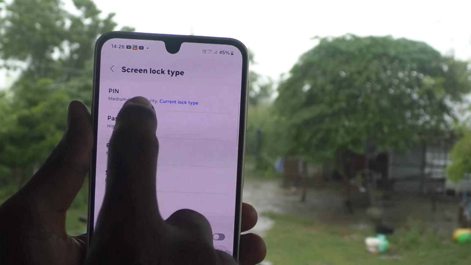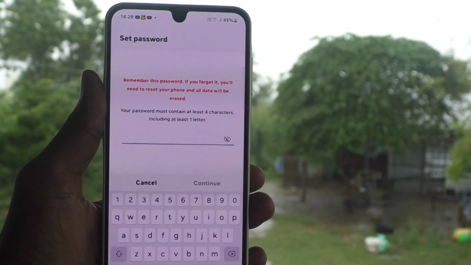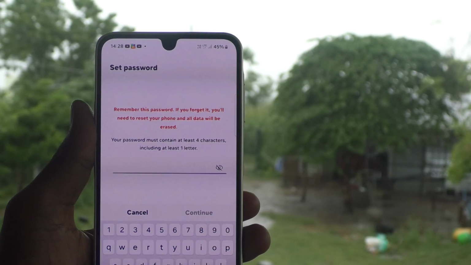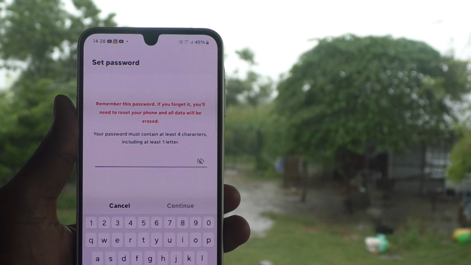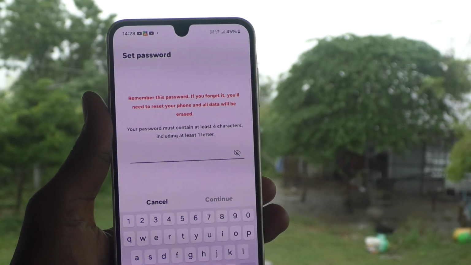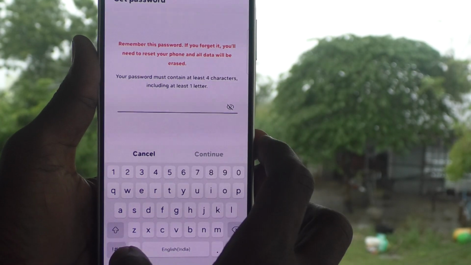Instead of PIN, choose password and type any password for setting up a new one. Your password must contain at least 4 characters including at least 1 letter. Minimum 4 characters should be there and minimum 1 letter should be there. So here I just type